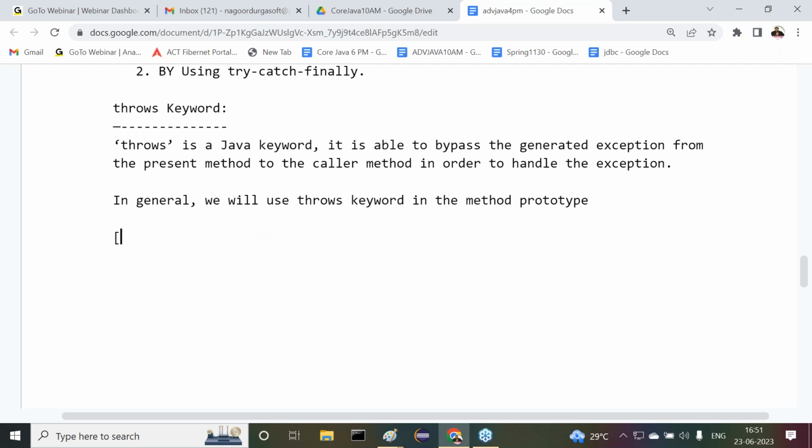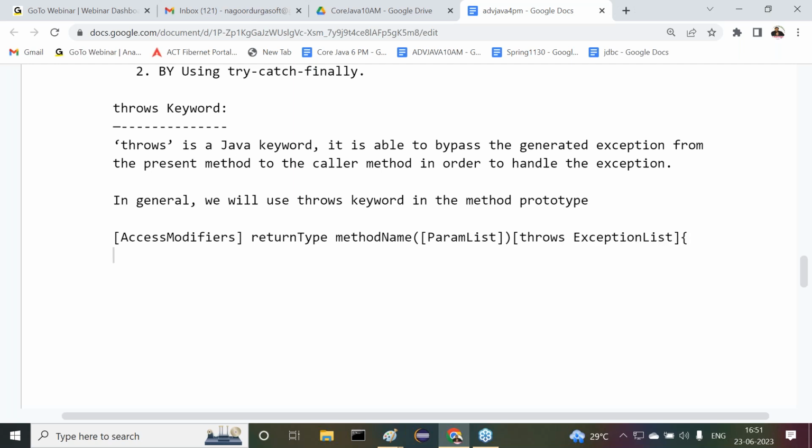We know that already. First it is access modifiers, then return type, then method name, then optional parameters, then optional throws keyword and exception list. Then we have a set of instructions inside this method.